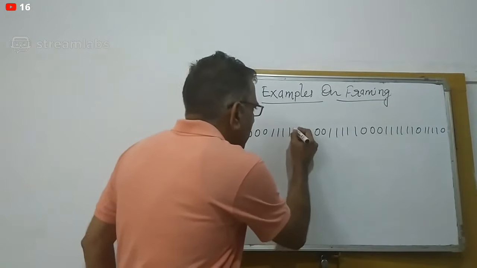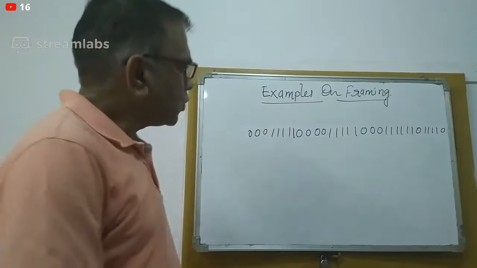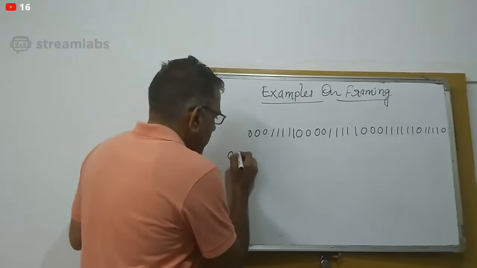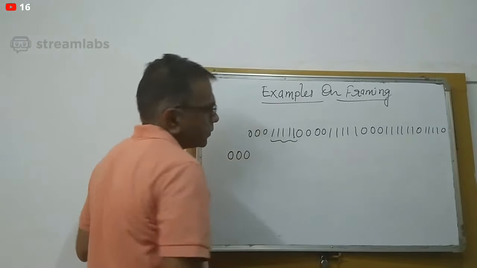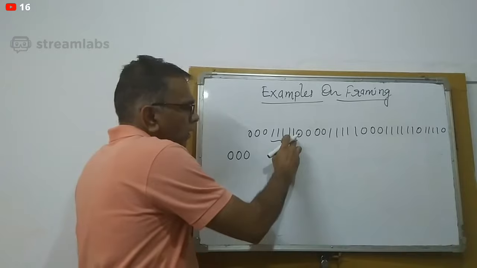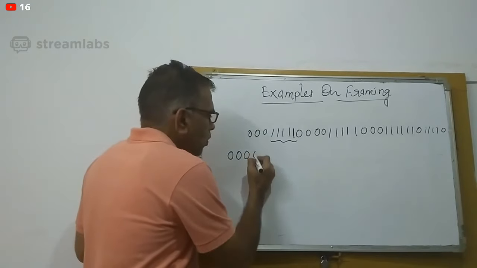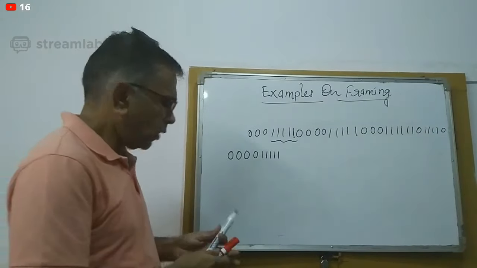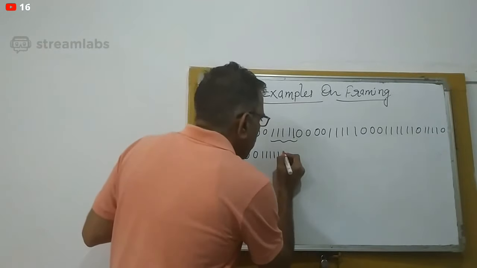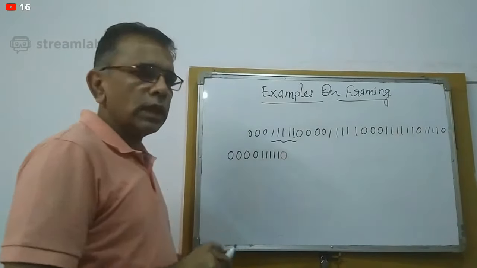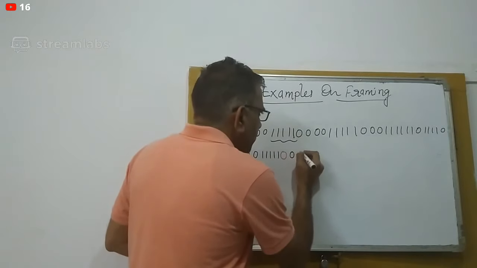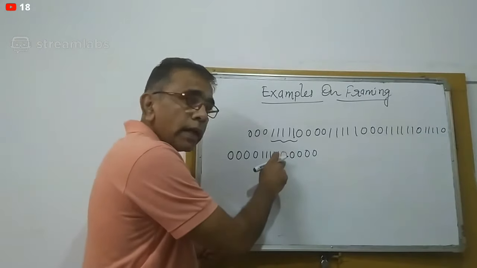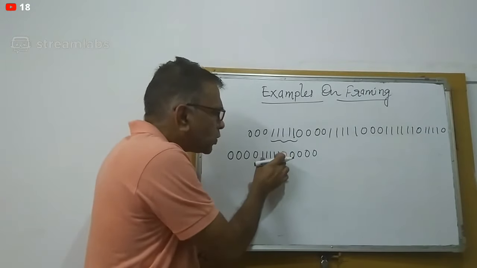For understanding's sake, I'll add one here so that I can show you that stuffing. In this case, you see this part where you are getting 5 ones after 0. 0 followed by 5 ones is required to be stuffed. According to the rule, you need to stuff one additional 0 here. Thereafter, the remaining bits, that is 4 zeros. So this is the additional 0 which is going to be added here just to separate this particular thing